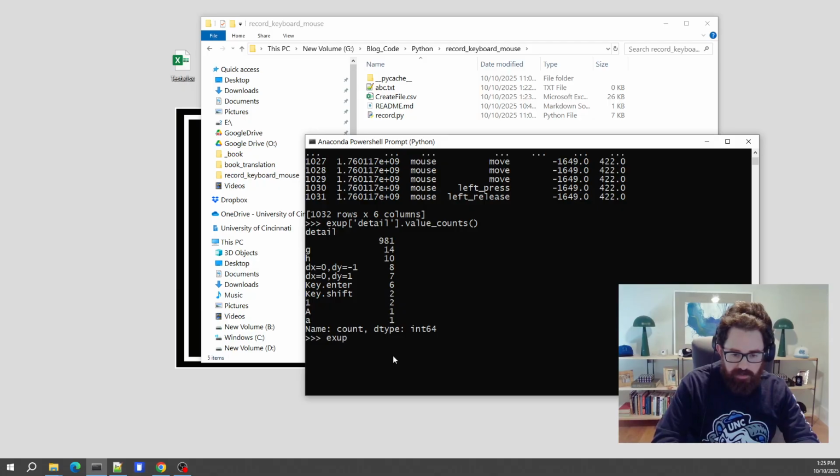So we can do x up detail equals x up detail dot replace, and here we're going to replace the G's with zeros and the H with ones. And now when we do replay x up,